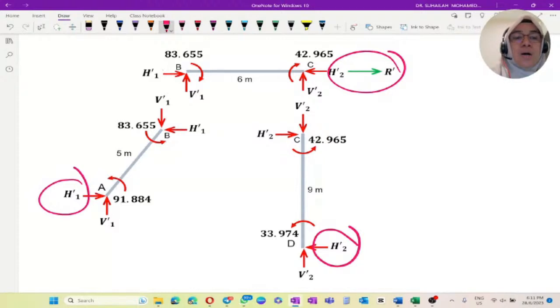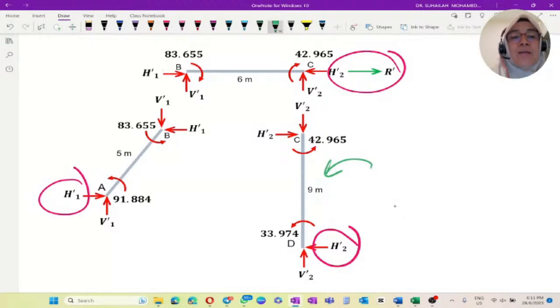H prime 2 we can get directly because the member is vertical, by taking moment at C. However, for H1 prime we cannot get a direct value because there are two unknowns, H1 prime and